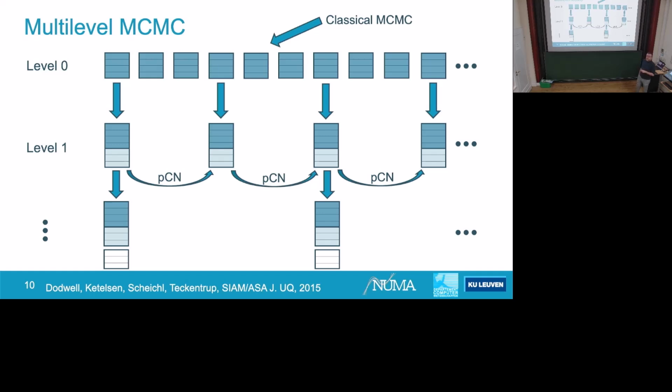Joseph? Are you using the preconditioned Crank-Nicolson also on the coarse level, or? Yeah, I didn't specify what happened on the coarse level, but yeah, indeed. Okay. Or you can do just a Brownian motion. We tested a number of things. I don't remember what turned out best, but you can. And so that's how the algorithm then continues.